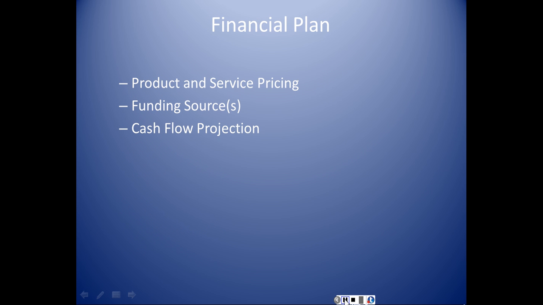And that is, you're going to have to come up with your financial strategy. And what you need to do is, in this area here, you need to list all of your products and services and how they will be priced. Then you have to list how many you will sell each month for the first year. And then you apply all these totals to your cash flow projections.